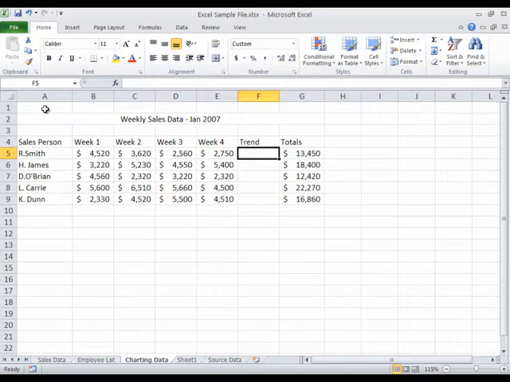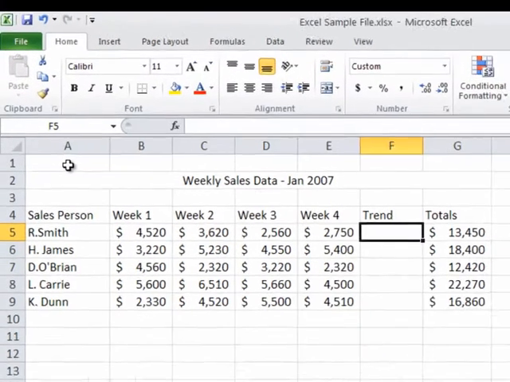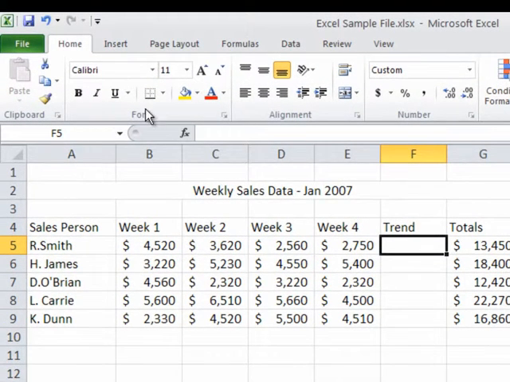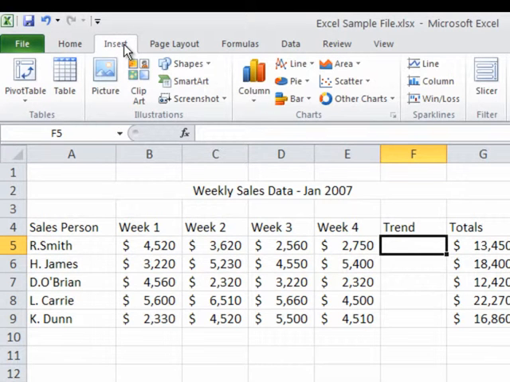In our final lesson of the Excel 2010 New Features Training video, I'd like to showcase a brand new feature available for the first time in Excel 2010, a new graphical feature which you can utilize to display visually the trend in a series of data using what's known as a sparkline. Located on the Insert tab of the Excel 2010 ribbon, in the group called Sparklines, just to the right of the Charts group, you'll find three specific types of sparklines which you can insert into the cells of your